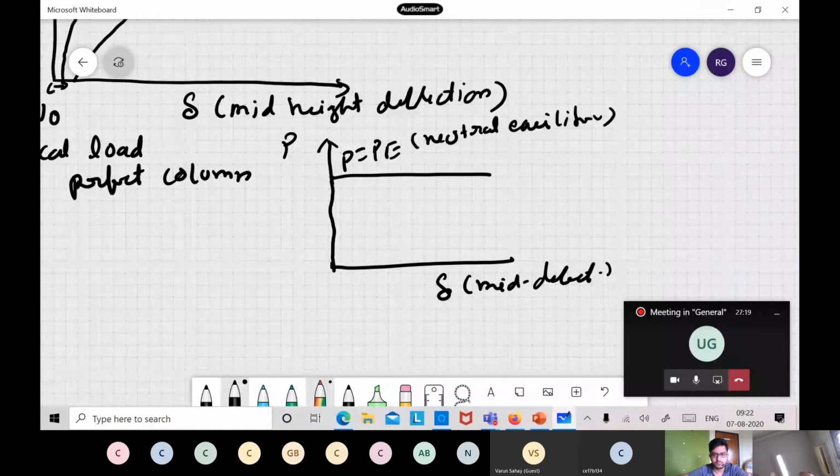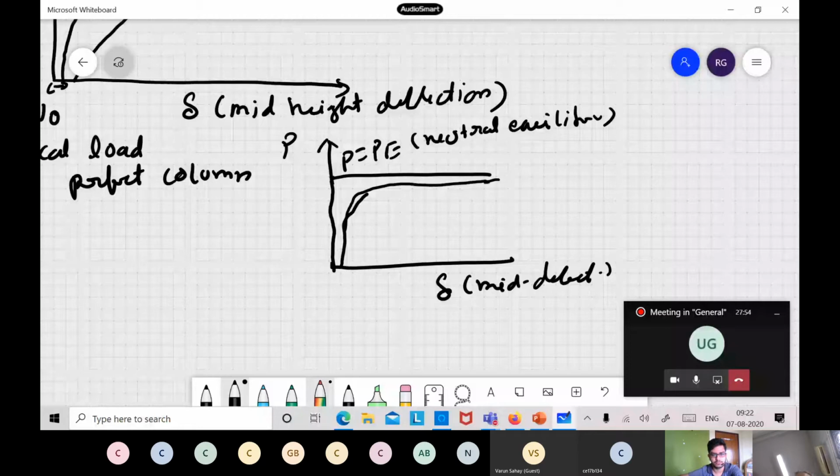So it can go this way, with some slight disturbance the deflection automatically goes towards infinity. Now when there are imperfections, the load versus deflection diagram is something like this. So what do we mean by critical buckling load? How do you estimate it from this graph? What is the critical buckling load for an imperfect column? For a perfect column, we say P is pi squared EI by L squared. What is the physical meaning of pi squared EI by L squared? When P is equal to pi squared EI by L squared, the column is in neutral equilibrium. That's what we have defined previously.